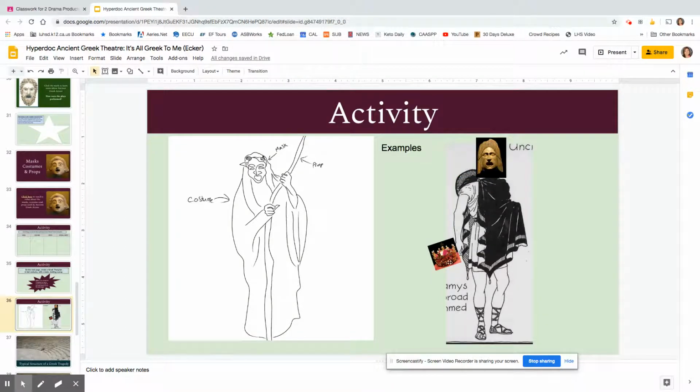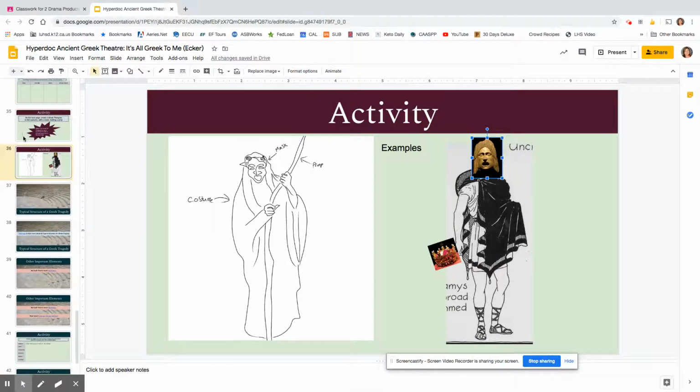And then here's a prop. It's a crown. It's technically a costume prop, but this would be the crown that he is wearing. So you could do something like that where you're finding some pictures and lumping them on top of each other, making sure it is the full costume and finding it online, bits and pieces. Or again, you can draw by hand, in color or in black and white, and then upload that onto the slide. So that is your job for this week,